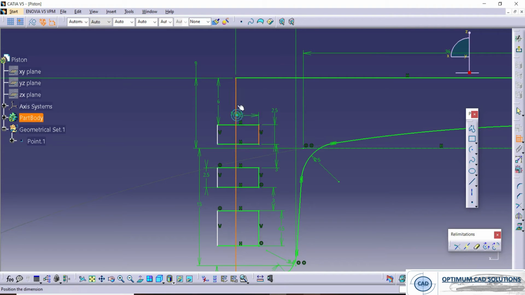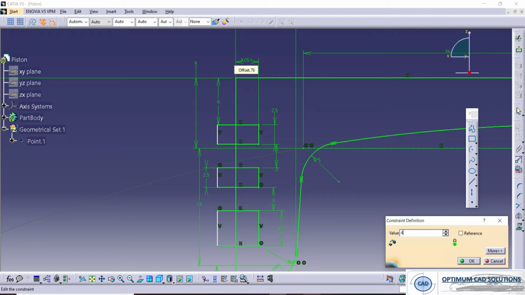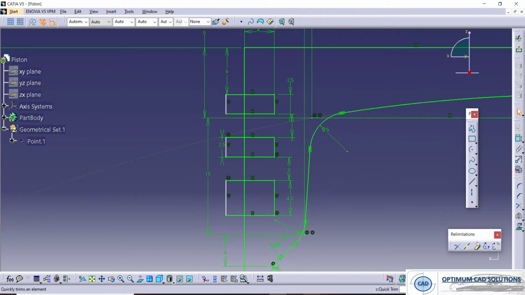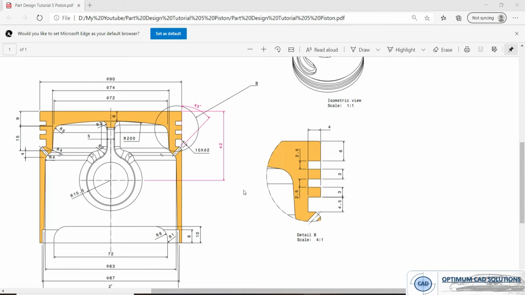This is 4 mm away from the face, 4 mm away from the face. Let's remove all remaining points. So here we get the profile.